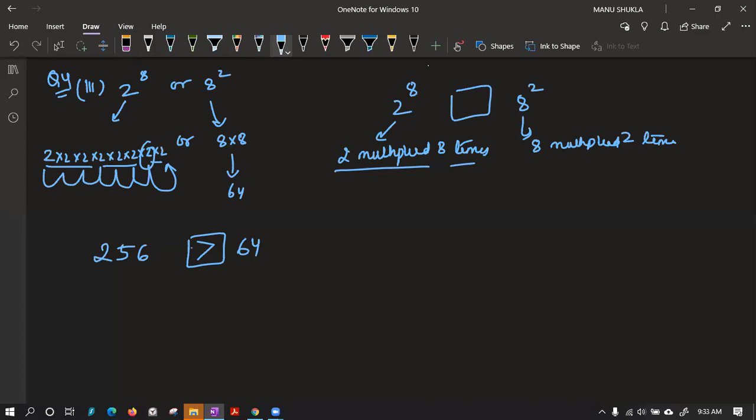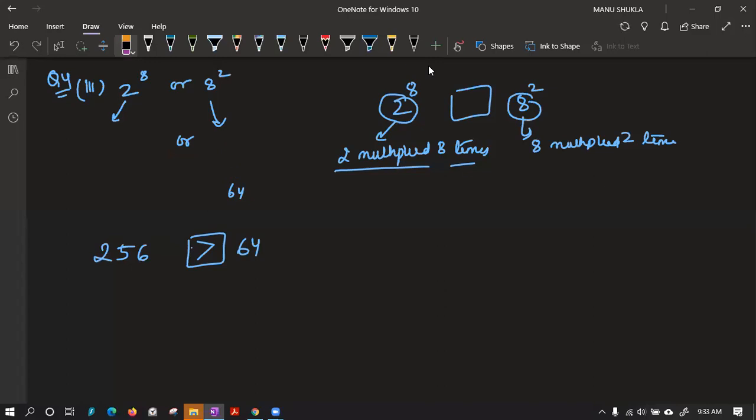Sir, in part 8 it is the exponent, and in B part it is the base. I'm not getting this, Ashmit. Yes, okay. He is saying the bases are different. The base here is 2, the base here is 8. So, Lavya, you had a doubt. What I have done is, I have tried solving the easier one first, to get the answer of which one is larger.